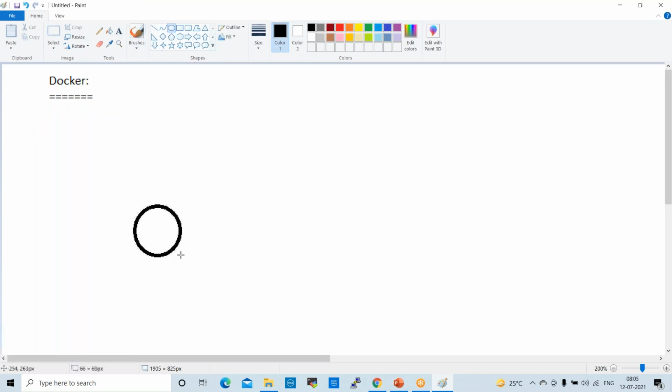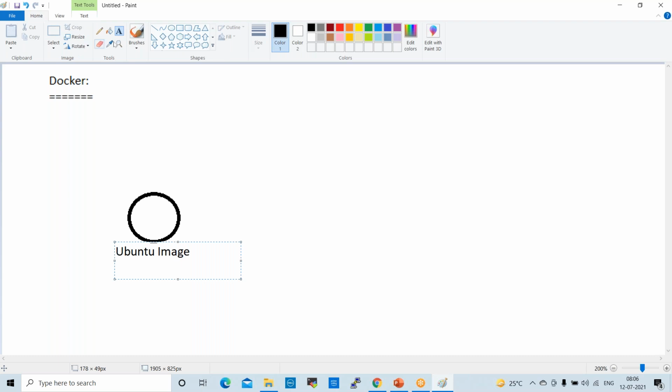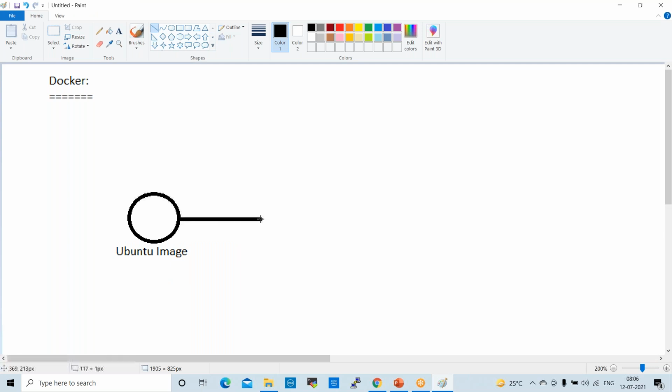So we have downloaded one image. This is the Ubuntu image. We downloaded, right? And now, after that, we need to run as a container. We need to run containers on top of this.